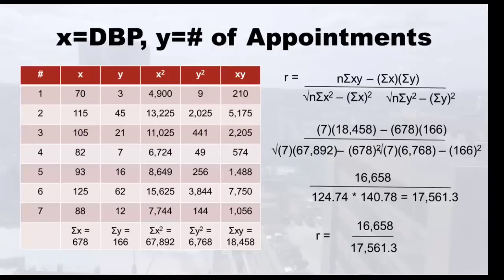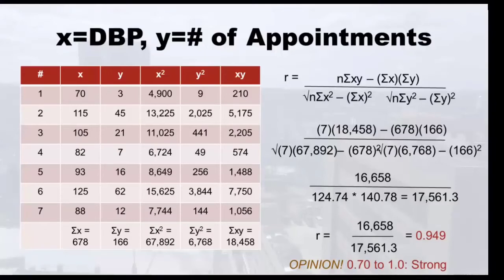So ultimately, what the calculation for R comes down to is you're trying to calculate the numerator and you're trying to calculate the denominator. And at the end, you divide the numerator by the denominator and you get the answer, which is R. So we're going to do that now. And here's what we got. We got